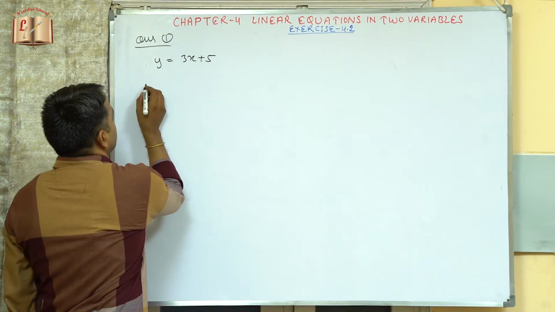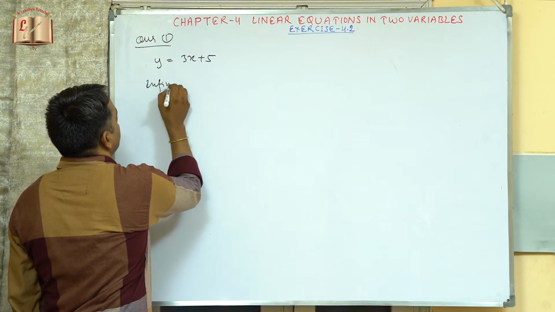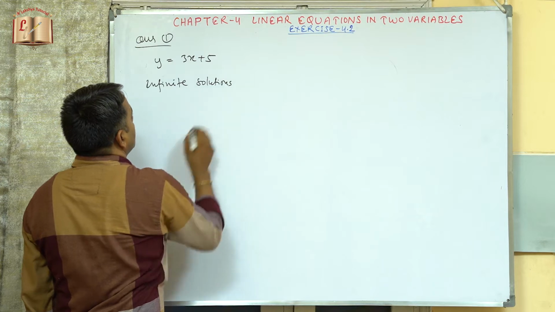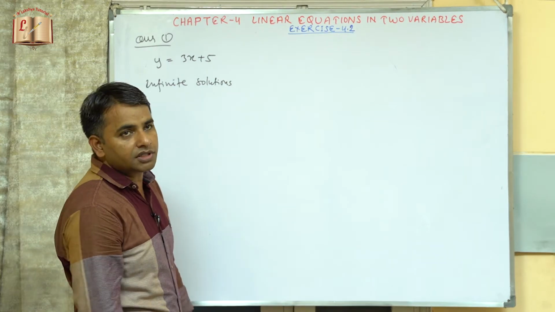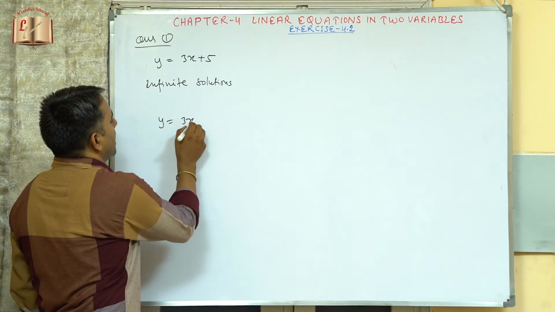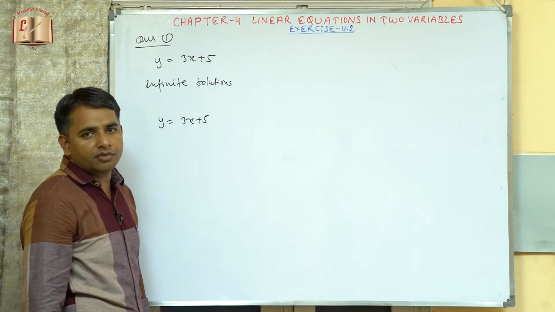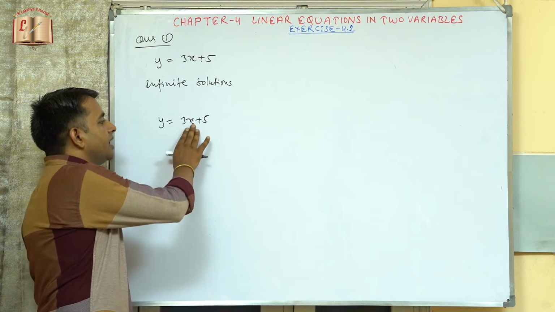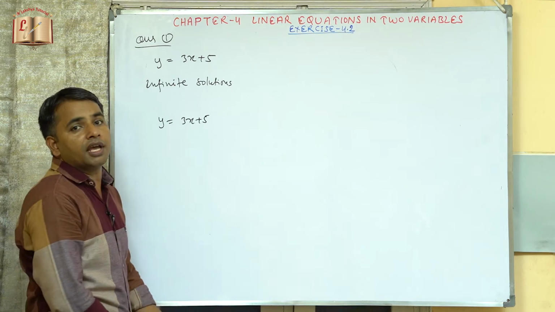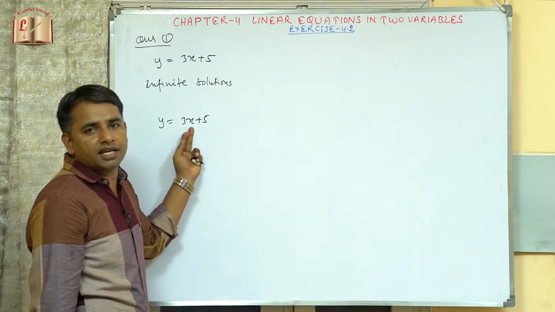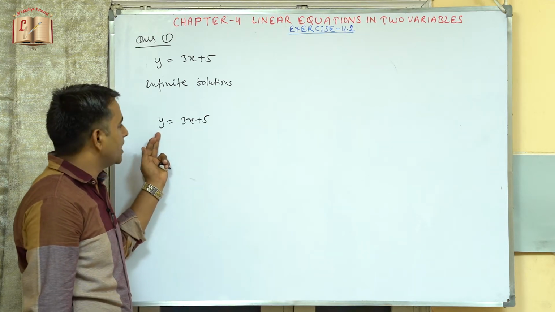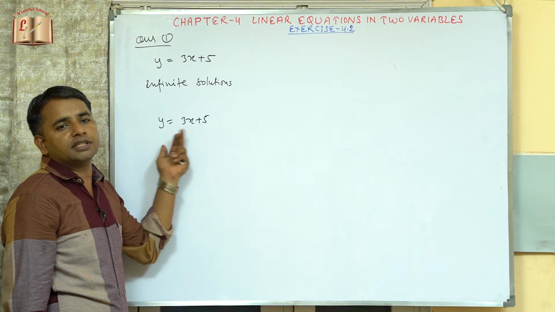So now see that this is having infinite solutions. How is it having an infinite number of solutions? Now see that for this equation y equals 3x plus 5, why are there infinite solutions? Because for different values of x there will be different values of y. So there can be any number of values of x that we can substitute over here to get the corresponding values of y. अभी हम यहाँ पे x की कोई भी वैल्यू रख सकते हैं।